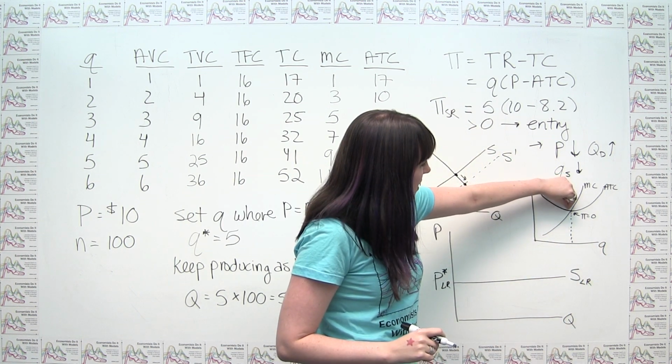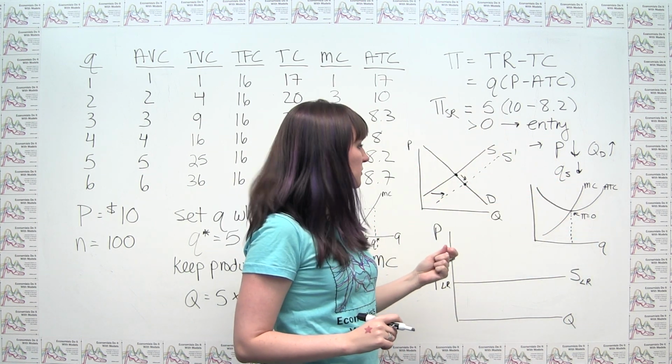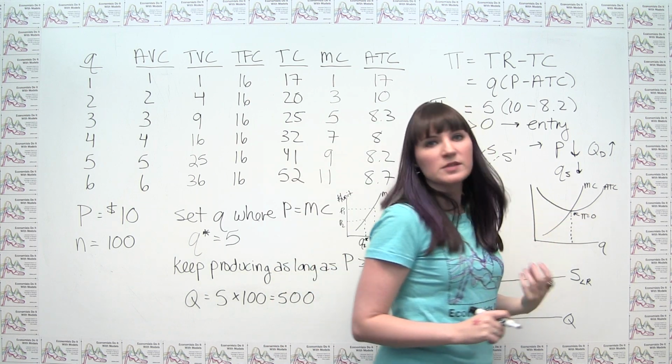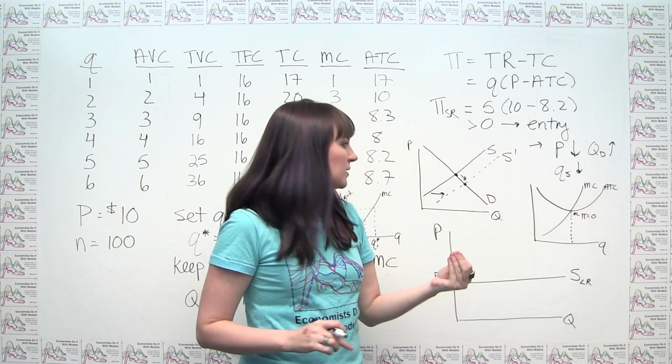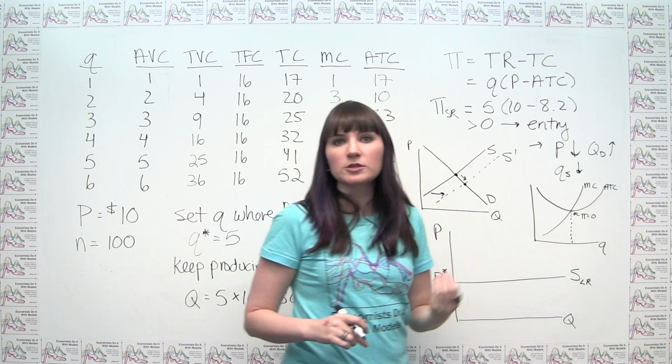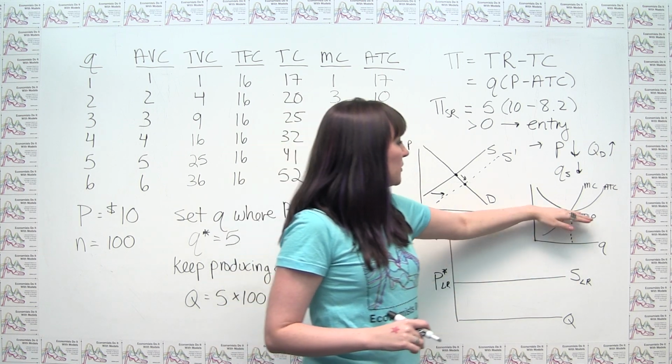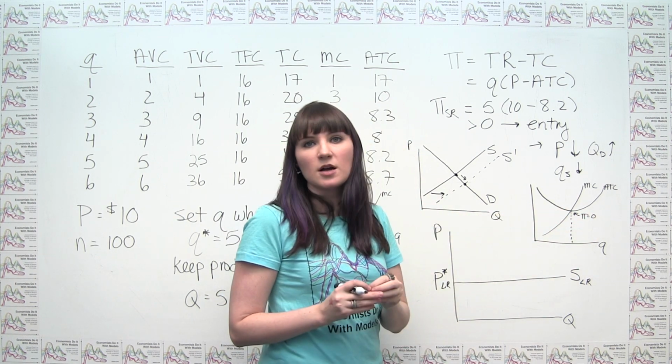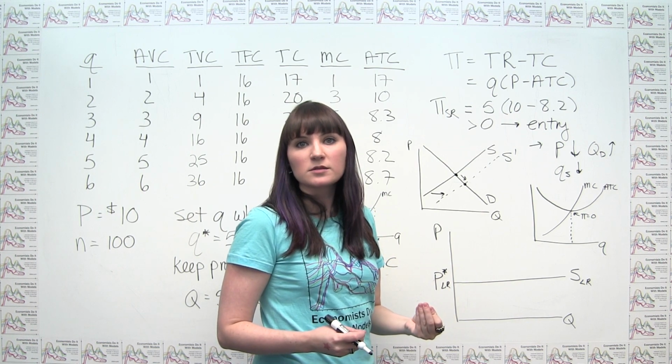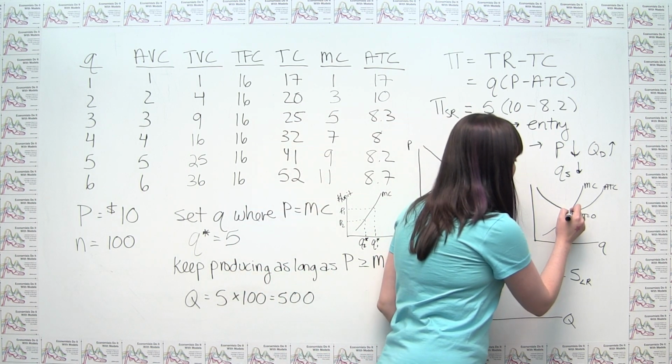And what we notice is that the point of zero profit is right at the bottom of this average total cost curve, because the firm is maximizing profit by setting quantity at the point where price is equal to marginal cost. But then if the firm is getting zero profit, marginal cost also has to equal average total cost. So what we end up seeing